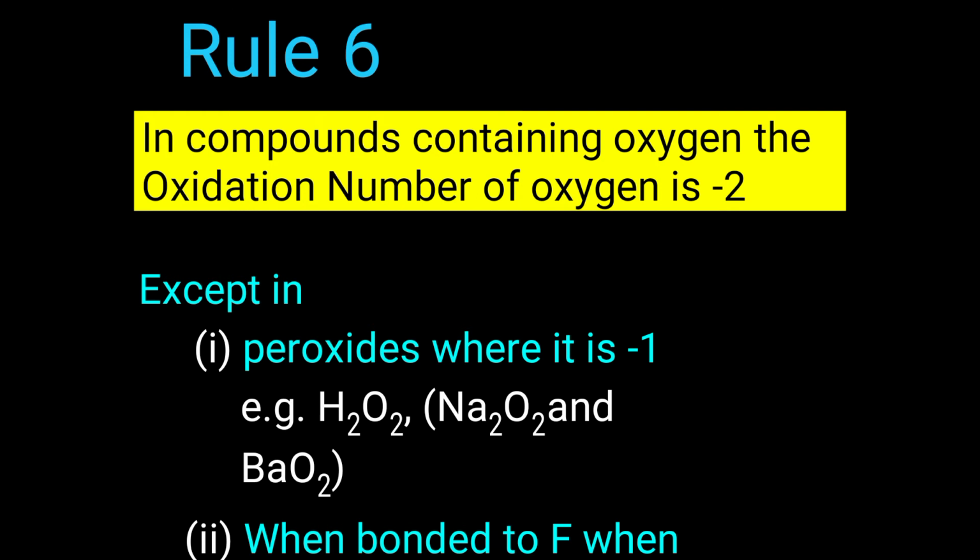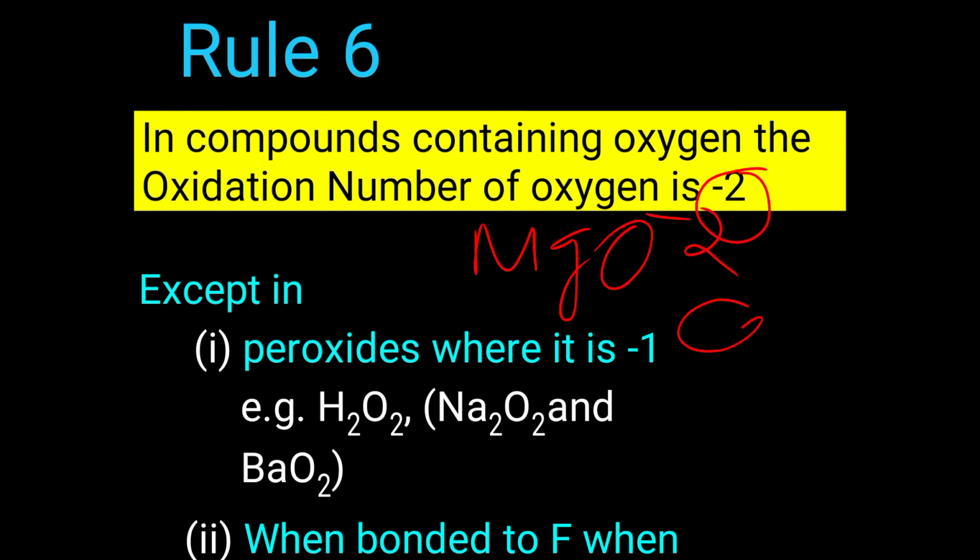Rule 6. In compounds containing oxygen, the oxidation number of oxygen is minus 2. If you take any compound, the oxidation state of oxygen is minus 2. For example, in magnesium oxide, the oxidation number of oxygen is minus 2. Calcium oxide, minus 2. Any compound of oxygen you take, the oxidation number of oxygen is minus 2 except in